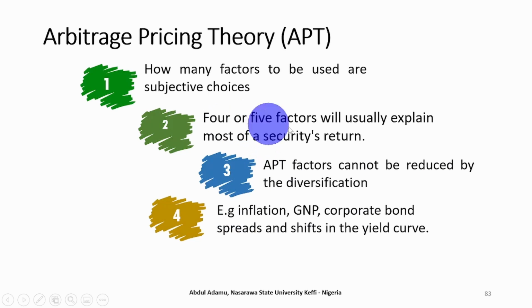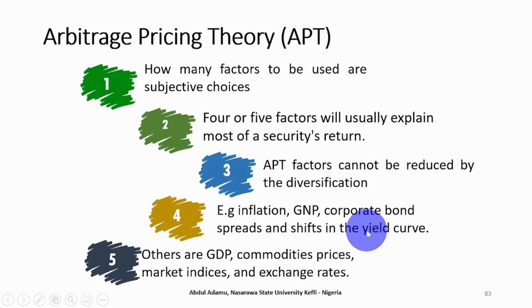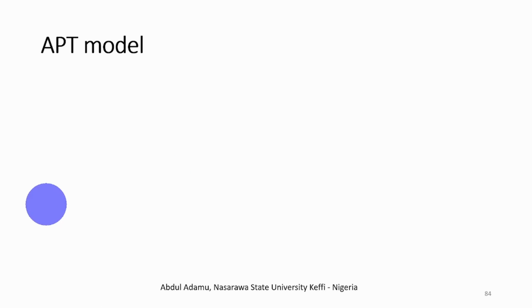So examples of these factors are inflation. Inflation affects stock prices, the gross national product, corporate bond spread, and shift in the yield curve. Others are GDP, commodity prices, market indices, and exchange rate. So if we are stating this model, we'll take into consideration all these factors that affect the stock price, the